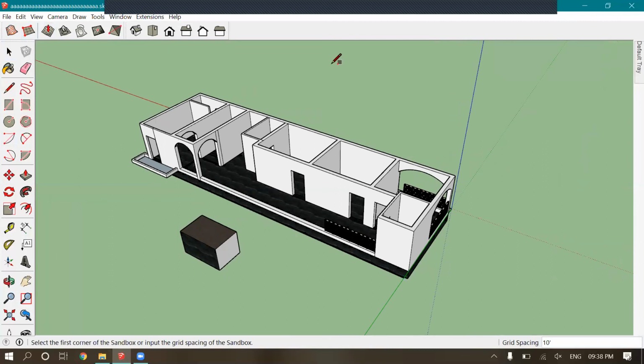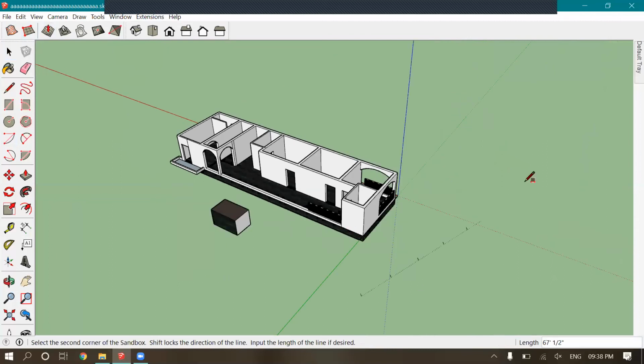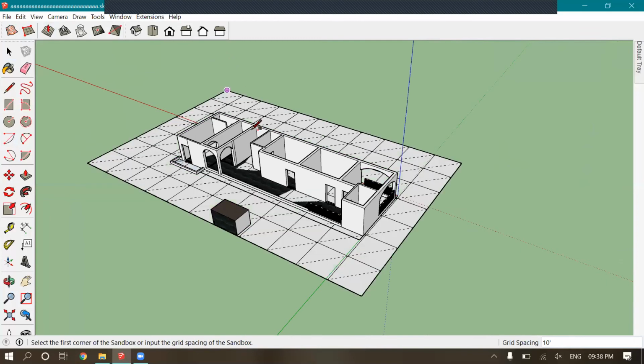To make the plane, we need to give it an area like this.